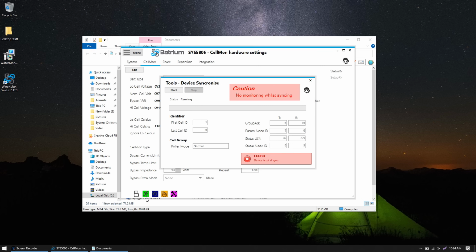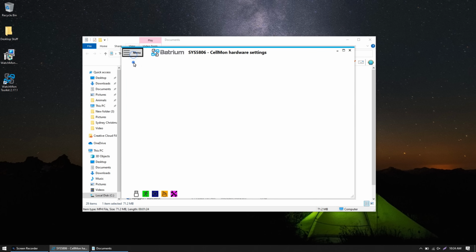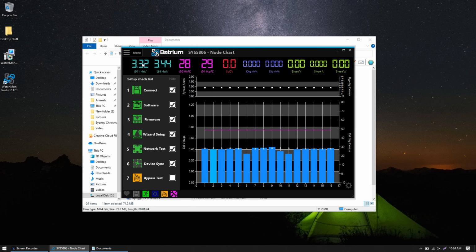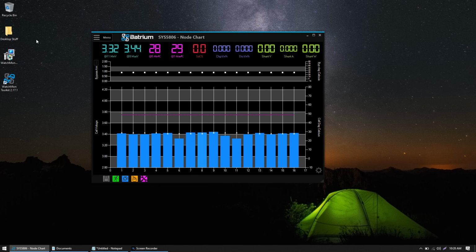Alright, so now I see it completed because the device sync icon has disappeared. However, this dialog is not indicating that for some reason. So I will provide that to Batrium for feedback. So if I go back to Chart and then open my checklist again, I can see the device sync is completed. Alright, so one last thing I do need to do here is get the Wi-Fi connected so I can